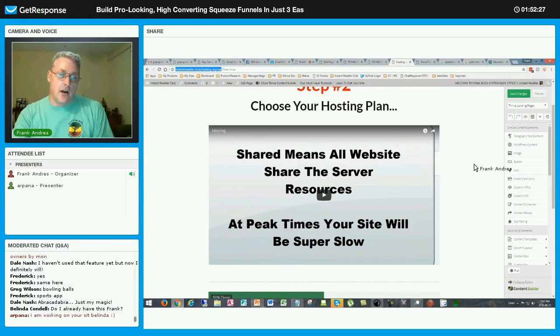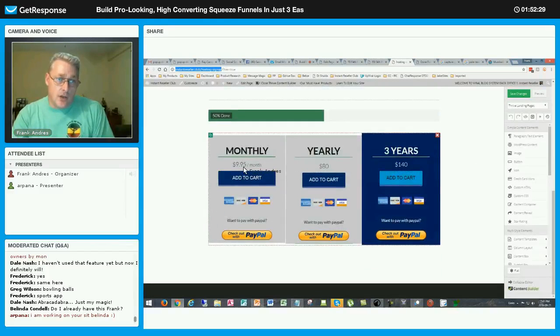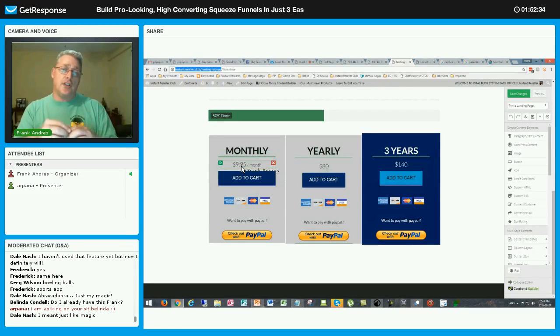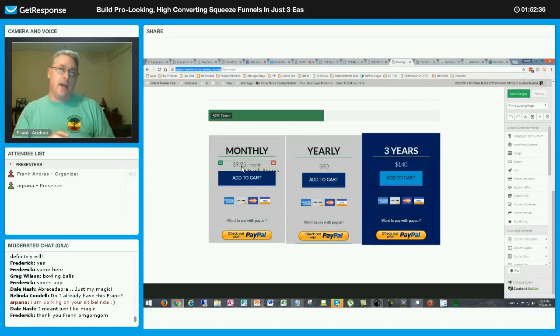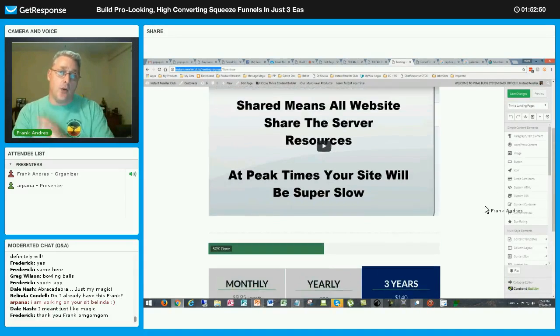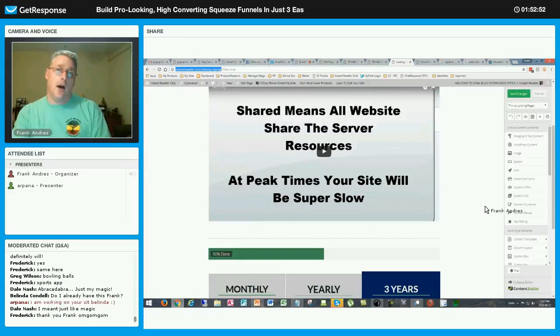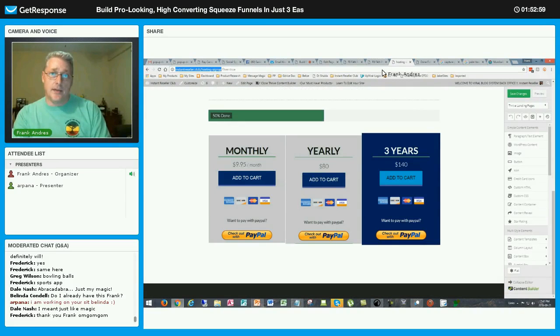It costs you $10 to get started. Then you pick a package. You can go from $9.95 a month for hosting. The type of hosting that we give is cloud-based hosting. The cheapest you can get it is between $18 and $22 a month. We charge less than $10. You can pay yearly or you can pay for 3 years and never have to worry. You have your own website online. So if you don't have one, remember now, it is,